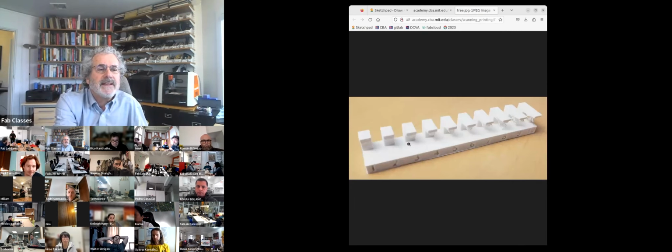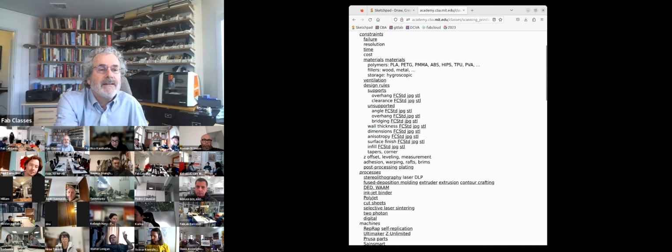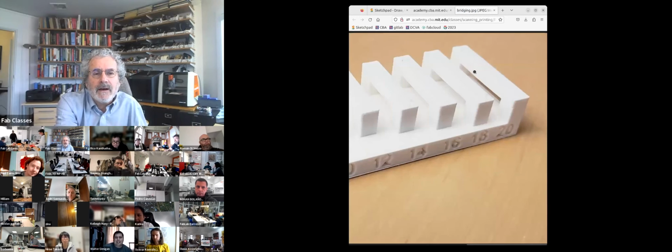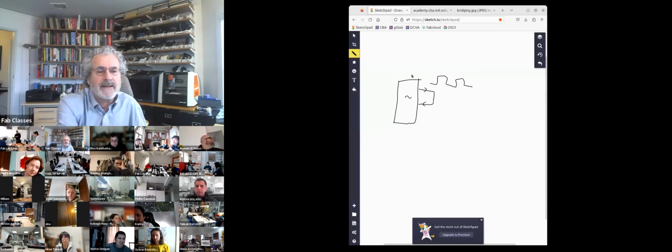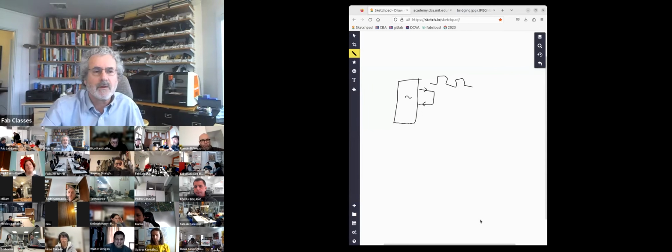This one is testing how far out I can go horizontally. So a short distance I can go without supports. The further I go, the worse it gets if I try to make that unsupported. But that's immediately followed by this, which is bridging. If you look at here, I'm going a long distance without supports. And the reason for that is in what I'm doing,